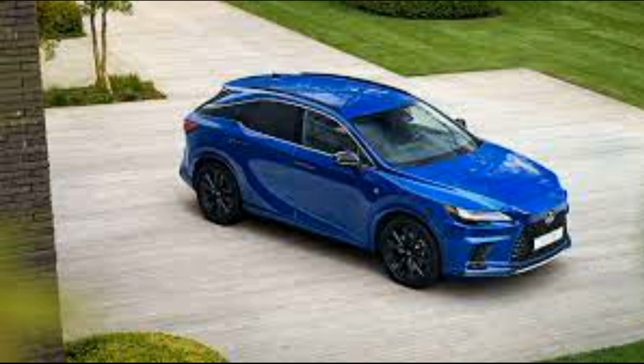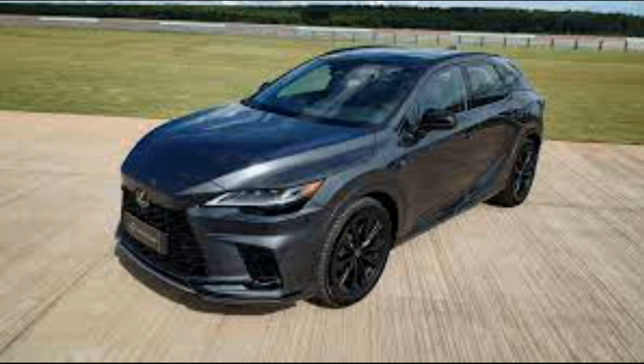How's the RX 500h's tech? Lexus has finally done away with the much-maligned touchpad controller that made the user interface so clunky and difficult to interact with in the old RX. It instead uses a simple touchscreen, albeit punctuated with a pair of physical dials that allow you to quickly input the desired temperature for the front seat climate system. We've tested this interface in several newer Toyota and Lexus products, including the new Toyota Tundra and Lexus NX, and while it's not as user-friendly as we'd like, it is significantly easier to